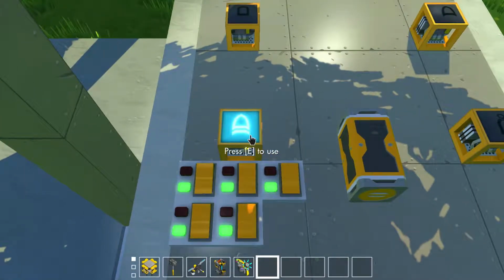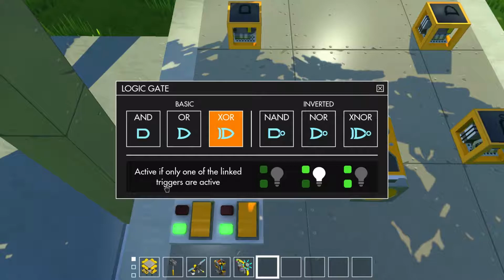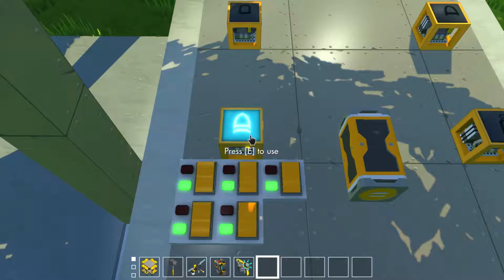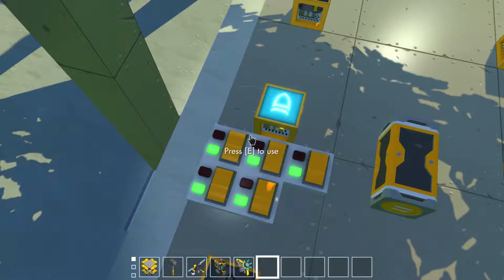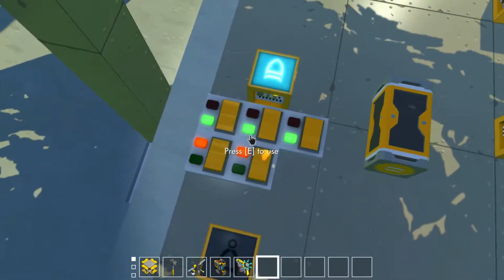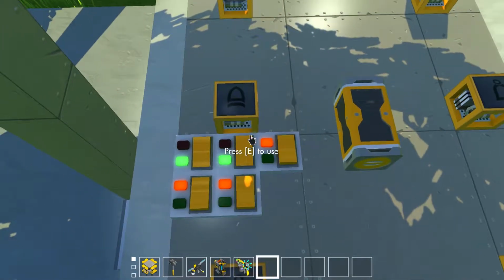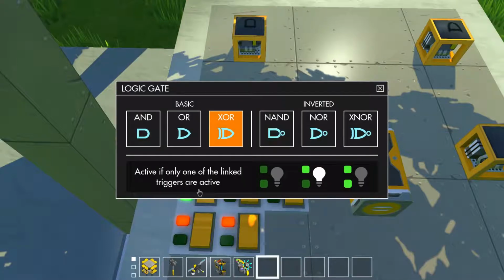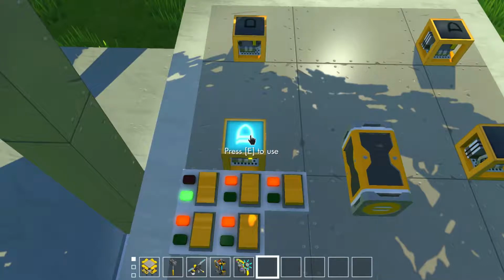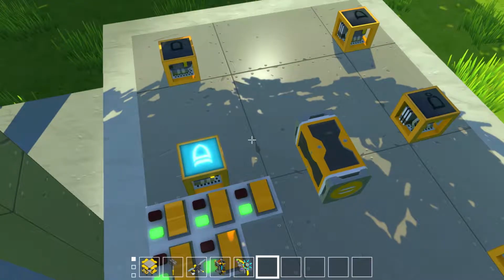So what this means is, if only one of the linked triggers is active. If everything's on, as you can clearly see, it'll output a signal. If everything's off, it won't. It's weird, because if there's an odd amount of switches on, as you can see here, 3 are active, it'll be active. But if not, then it won't, and then 1 is active. Simply put, if only one of the linked things is on, it'll activate. No more, no less. But again, I could have all 5 of these on, but here,